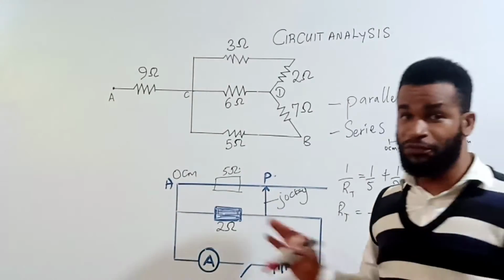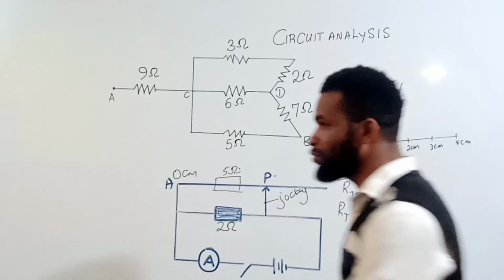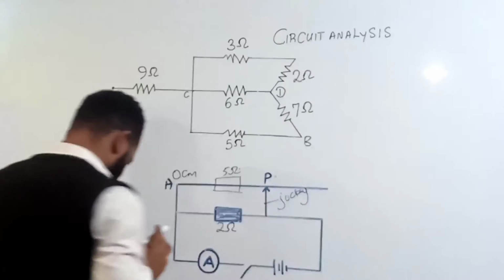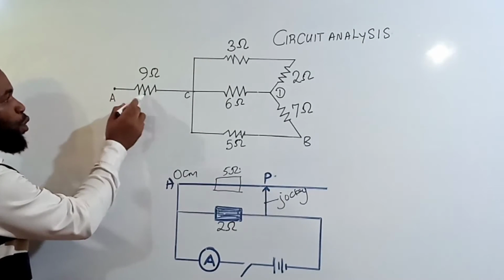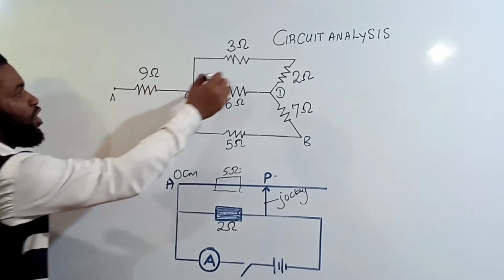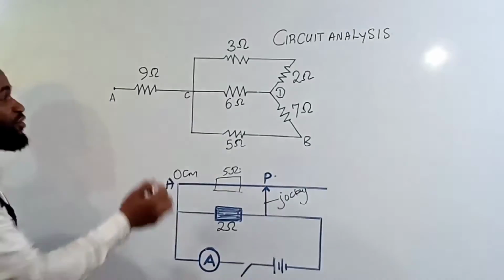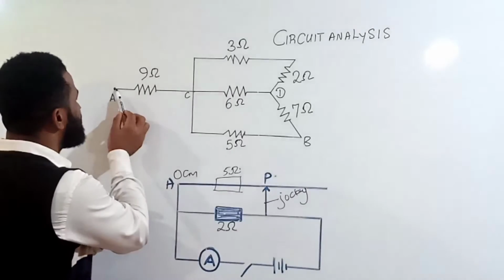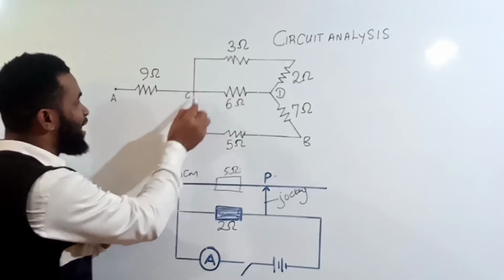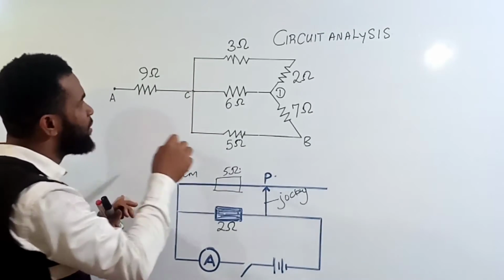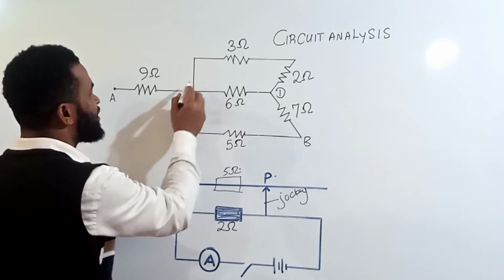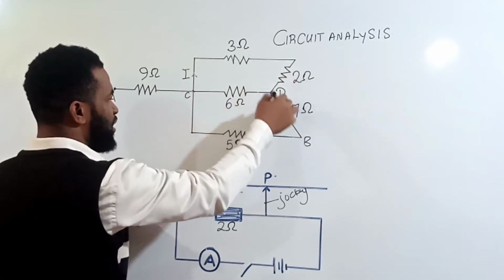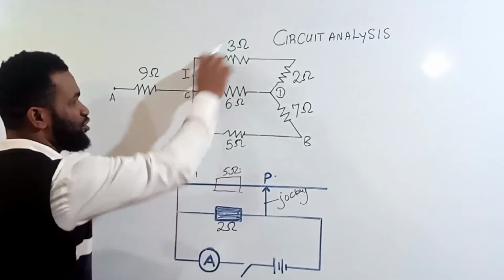But see, what I want us to know for now is this. You look at this circuit. The wire started from point A. This is ohm. This is resistor. All these signs, they are resistors. Of course, you see the ohm, omega there to show resistor. Now, see, this current from point A, it entered at point C. Then, this way, the current can flow this way. The current will flow in this direction. Go this way. So, the current can just flow.